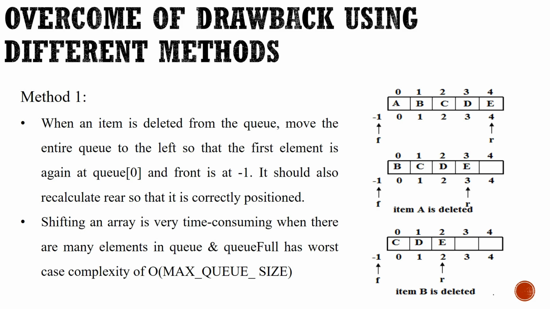But the drawback with this method is that each deletion needs an entire shift of n elements. Each deletion is not a simple deletion, it is associated with shifting the elements. Shifting the elements is time consuming, so it will take a lot of time rather than doing the queue operation. Since it is time consuming, they thought of other variants for the queue.